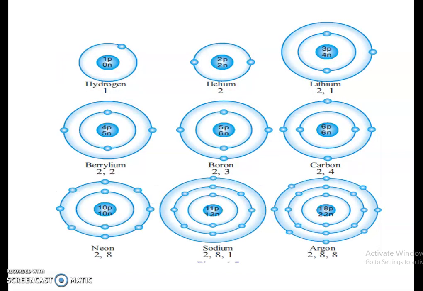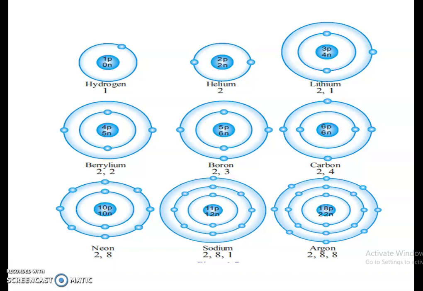So here we have studied the maximum number of electrons that a particular atom can occupy. In the first shell it is 2. The second shell can occupy 8. The third shell can occupy 18. The fourth shell can occupy 32. But for the outermost shell, the maximum number of electrons it can occupy is only 8. Till 8 it can occupy. Beyond 8 it can't occupy.